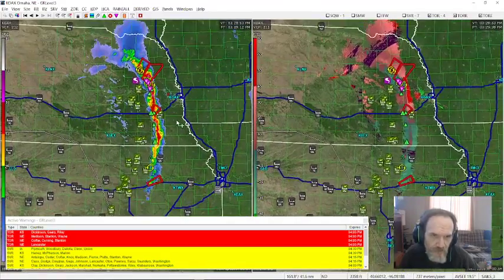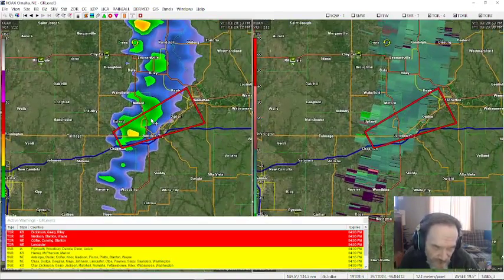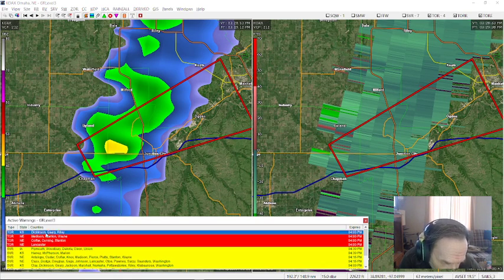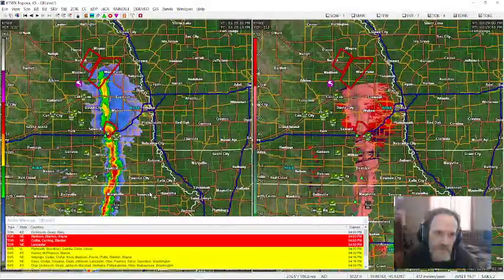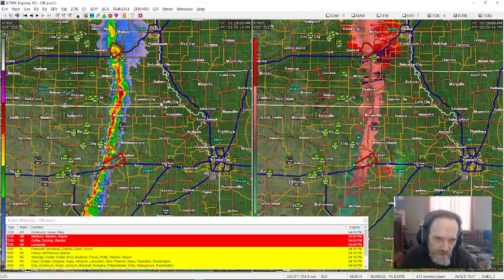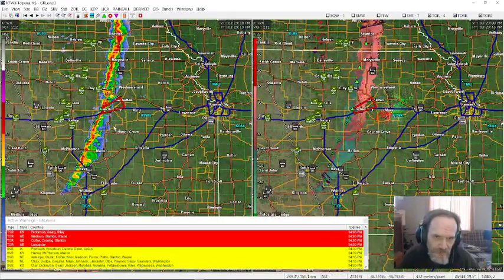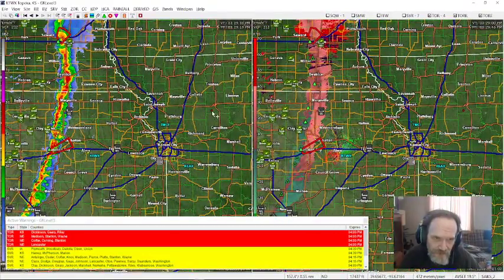Oh, hell. I didn't realize there was one way down there. So this is the Madison one they were talking about, I think. So what radar are you on? Topeka. So it's a little too far for that one, but this is getting down in my area. See, I'm right here. If that stays on that path,